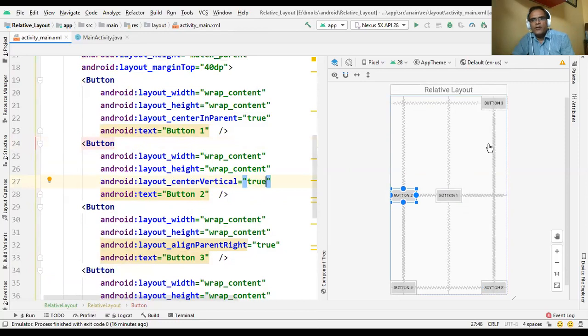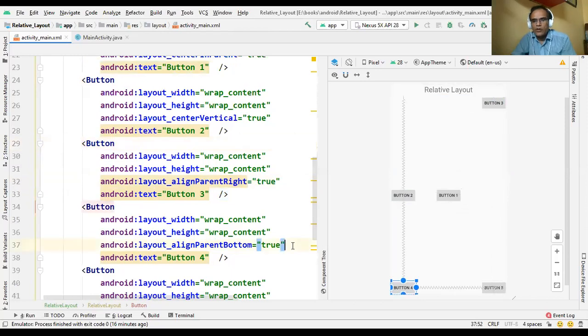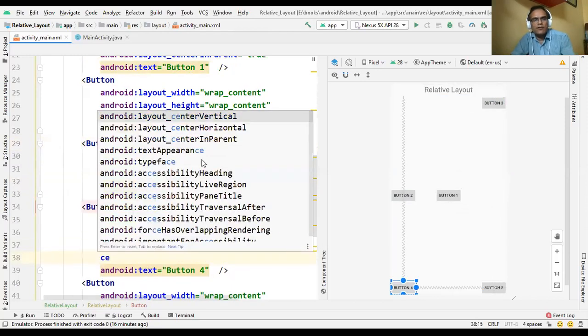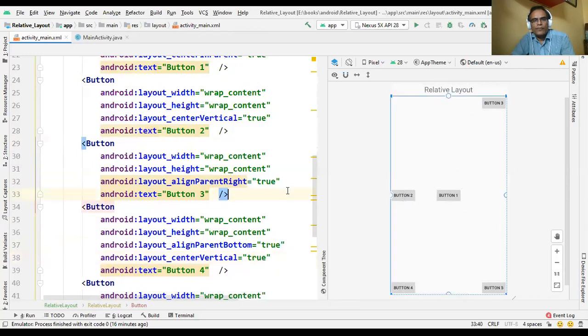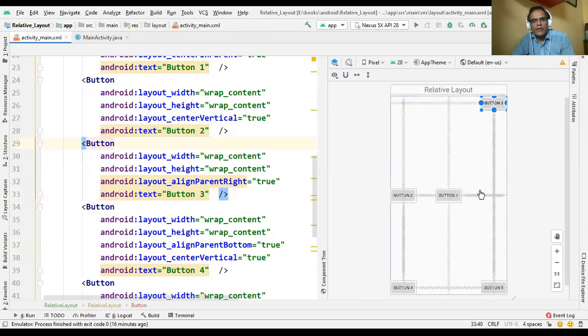I hope you understand. The same case, button 3 we assign here, center vertical. So now button 3 center vertical. Again we write here center vertical, true.